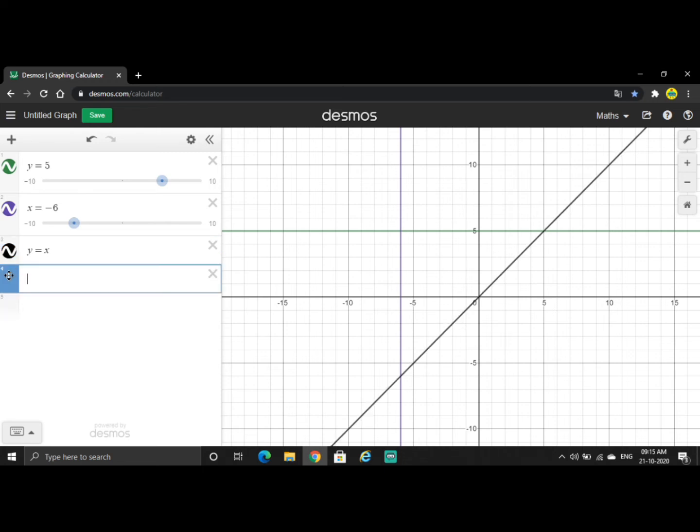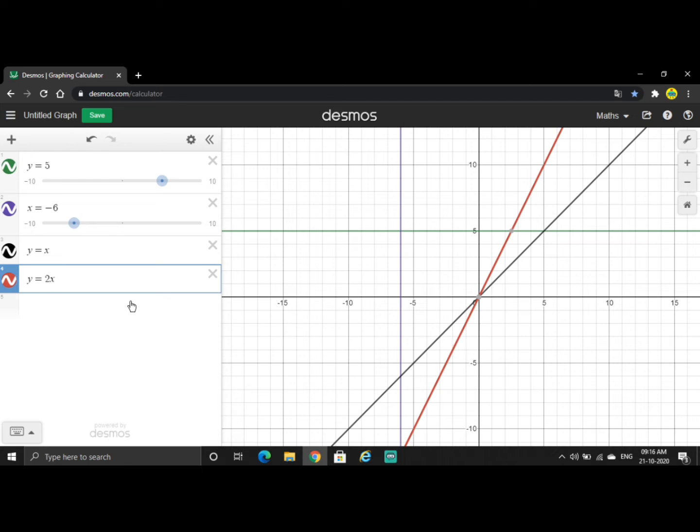Then the next one was: find out all the points whose y coordinate is twice the x coordinate. That means ordinate is twice the abscissa. So y equals 2x. So here, this is the line. Here you can see the coordinates of this point are 5 comma 10, and this is going to be 2.5 comma 5. Here it's going to be minus 2 and minus 4, minus 2 comma minus 4. So you can clearly see the ordinate is twice the abscissa.